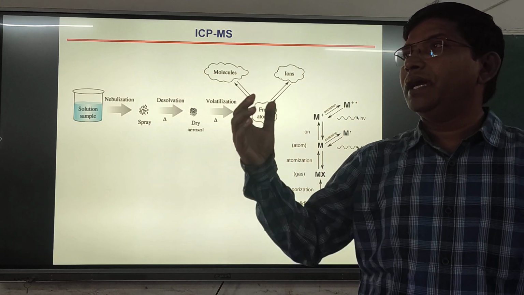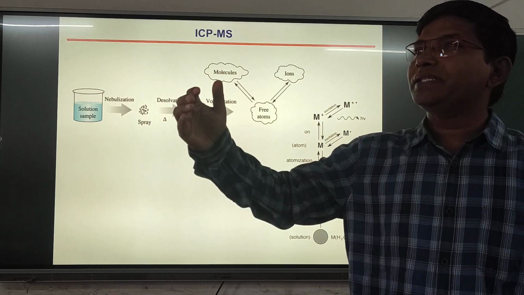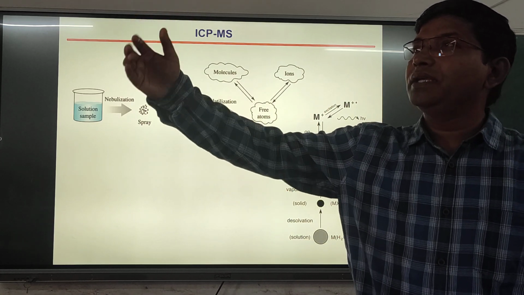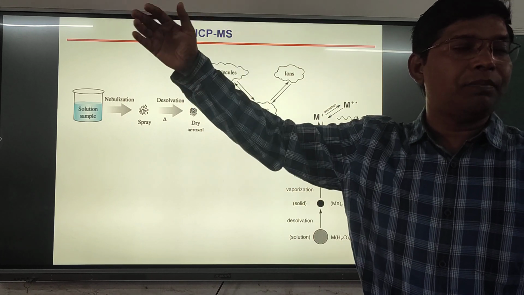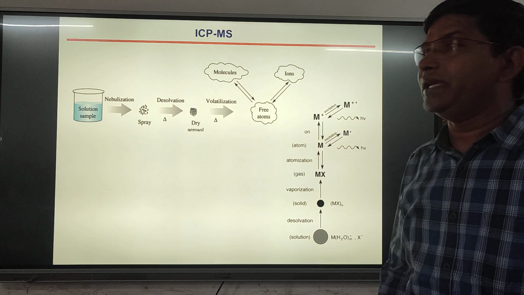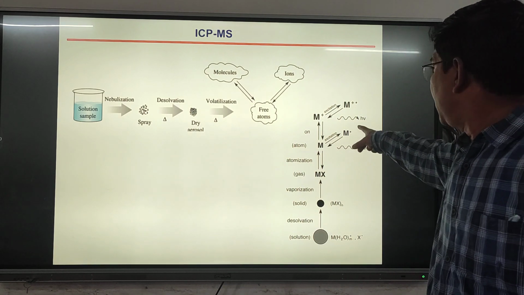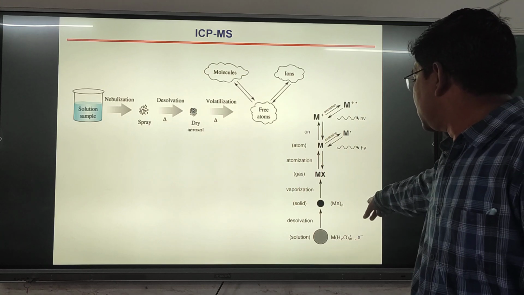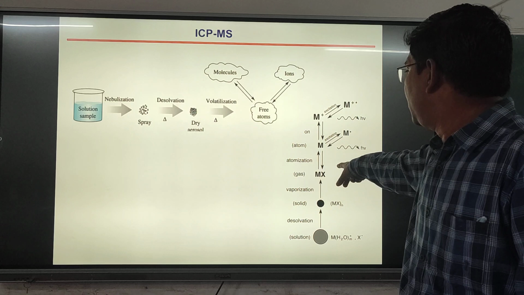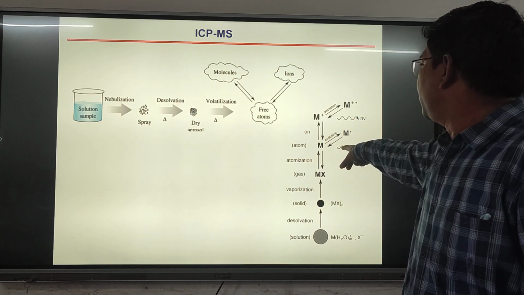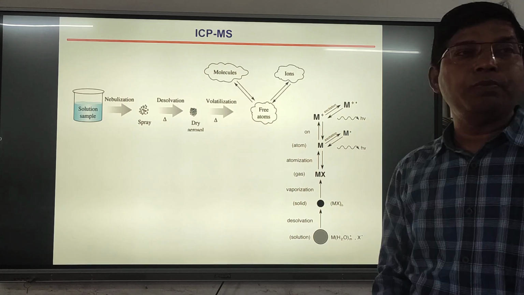Like copper 2 plus first gets atomized to copper, then again it gets ionized: the copper excited atom releases an electron. So here we can also see this process. Suppose your sample is in a hydrate form or some complex form, then you have volatilization, then atomization. So there are two processes.